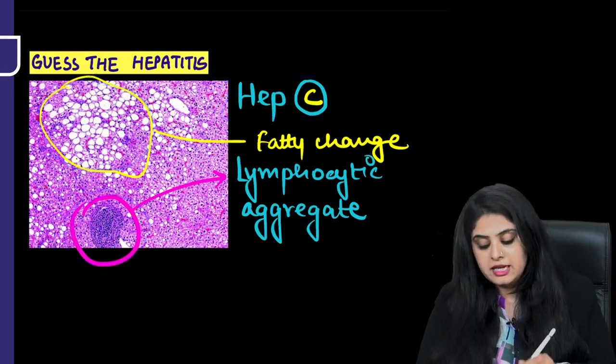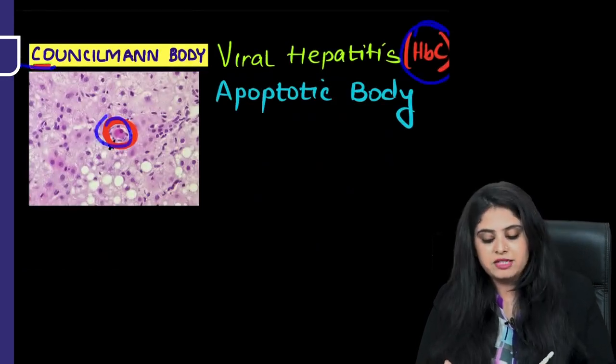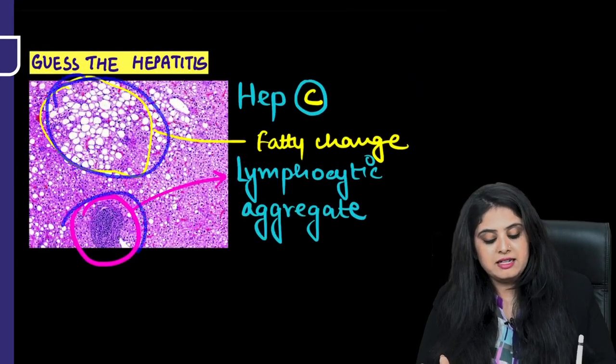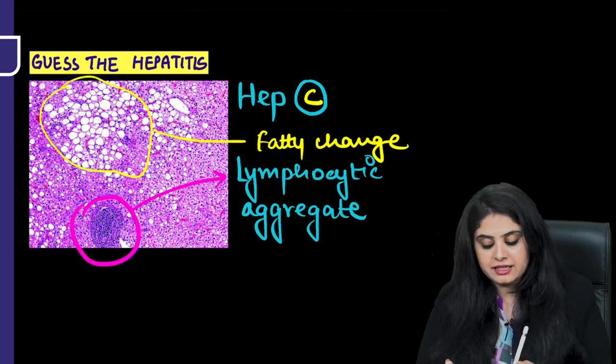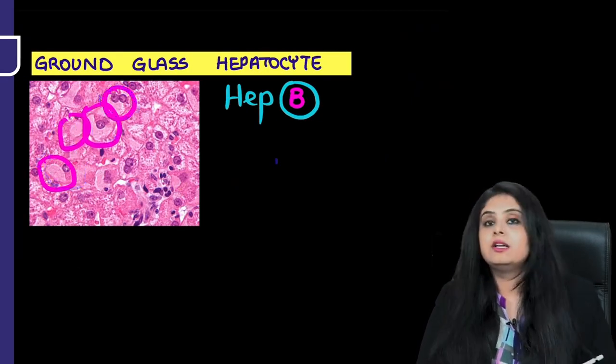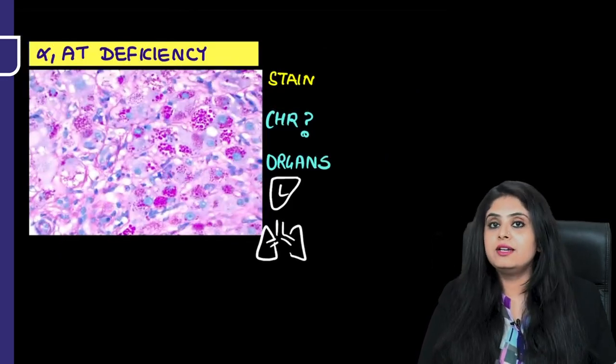So learn these three. Councilman bodies can be seen with any viral hepatitis, but more commonly seen with C for C, hepatitis C. Plus hepatitis C shows you this fatty liver and lymphocytic aggregates, and hepatitis B very commonly tends to show you the ground glass hepatocytes. Well, on that note, the last image that you have to know in liver is the